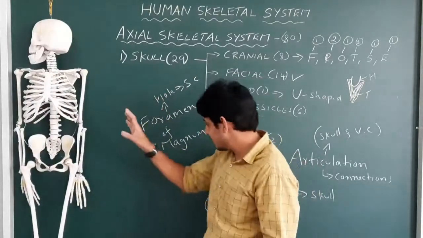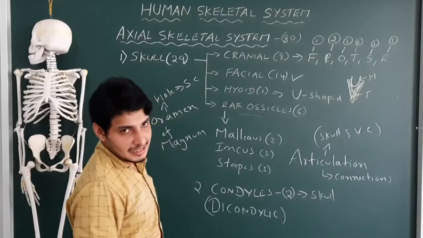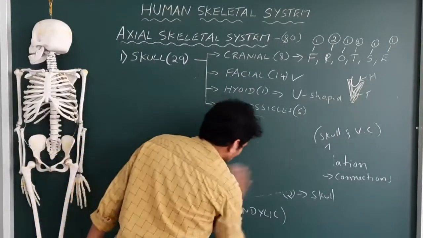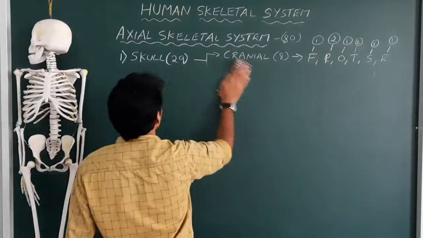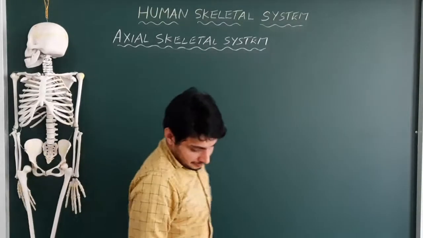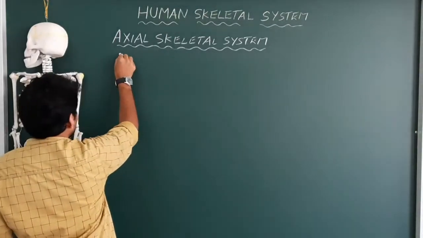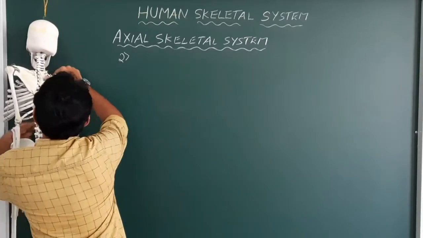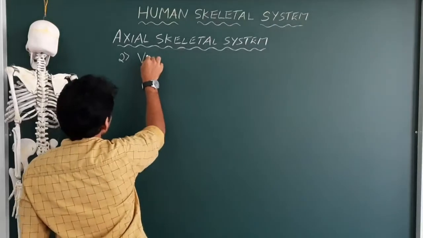Hope you understood this. Now let me erase it and we just go to the second important component of the axial skeletal system, that is called the vertebral column. So again I'm going to give you some codes, tricks, so that you can easily remember. Okay, so now we will write the second important component, and that is actually this one. This structure. So we are going to talk about this structure. What do you call this structure? It is called